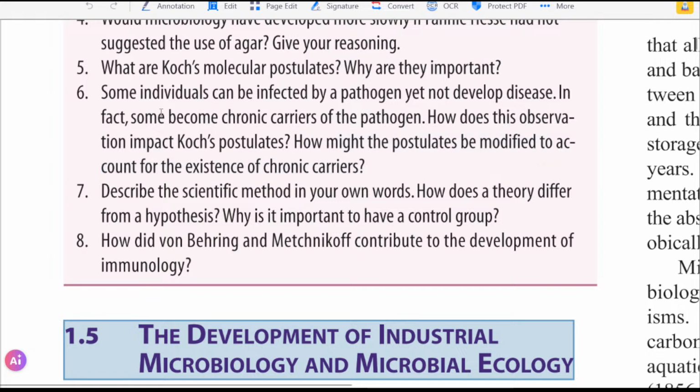So, in my case, the individuals that are infected with pathogens, right? Chronic carriers means if the same pathogens go into another human body, they could cause a severe disease, but in the first individual it isn't causing disease. They are asking how it is related to Koch's postulates. You can say if the microorganism is for attacking dogs, and it is found in humans, it is a reservoir of them, and it infects the dog, it will cause disease in dogs but not in humans.